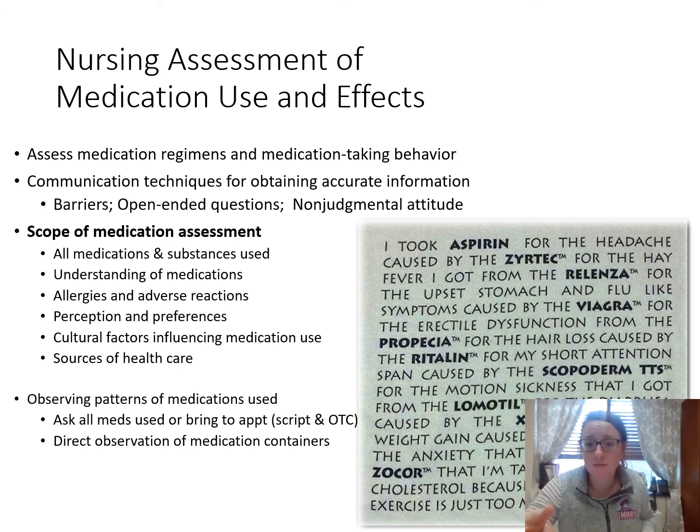And even in the hospital, I've seen so many times where they come in with at least 2, 3, or 4 medications that either aren't on the list, it's the wrong dose, or it's something that they didn't disclose right away. By using this direct observation, we can assess functional capabilities, their ability to open the caps. We can assess their education, if they know what these medications are used for, and we can assess the level of adherence as far as, again, like the dosages and if they're taking them appropriately.